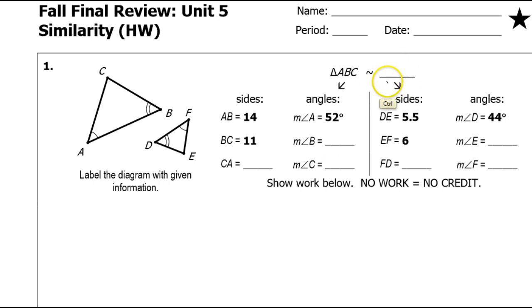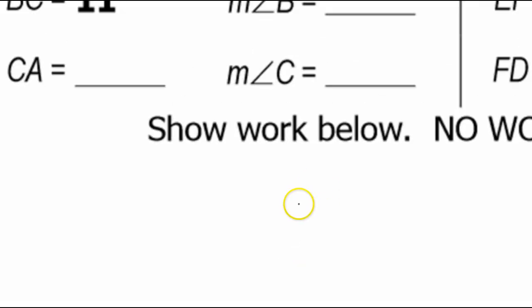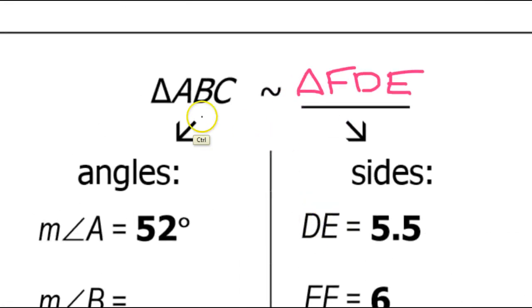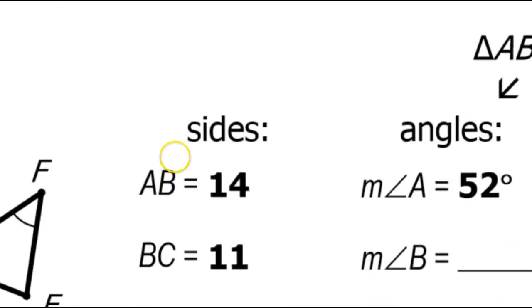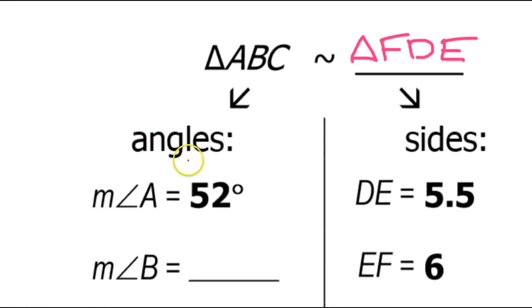We can go ahead and make a similarity statement right now because angle A corresponds clearly with angle F. So I'll say triangle F. Let's see, angle B corresponds with angle D, so that'll be D, and that just leaves angle E. So that's important because that's going to allow us to know very easily which sides are corresponding. So for example,